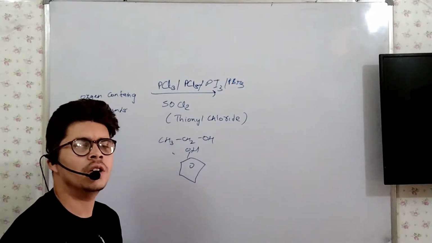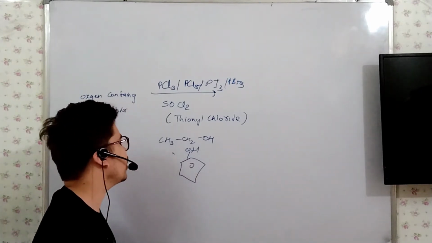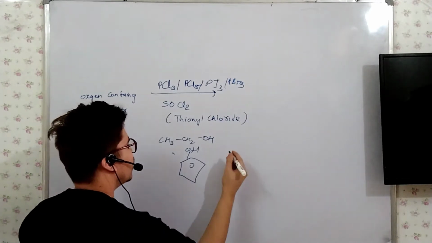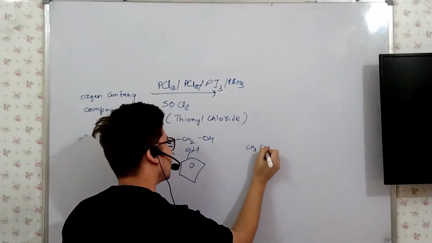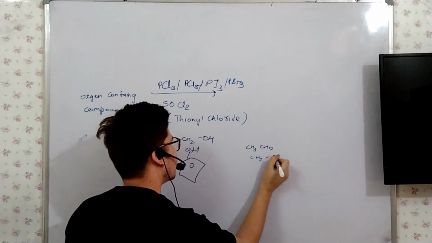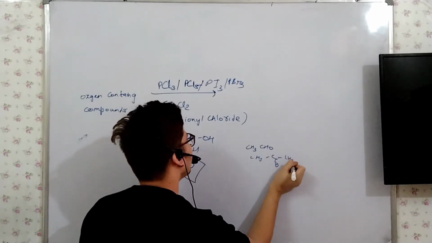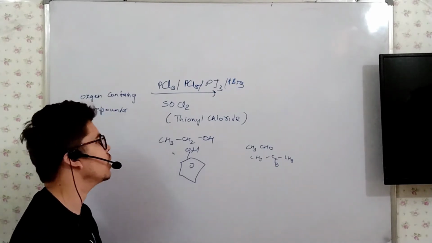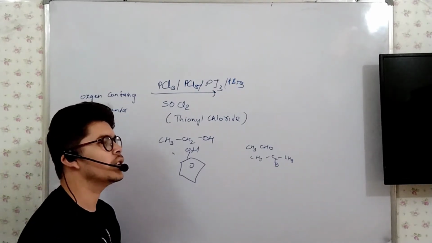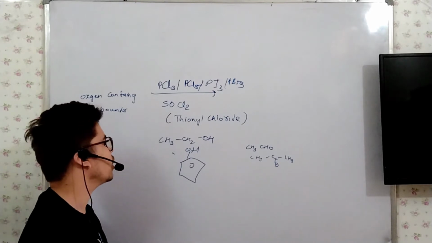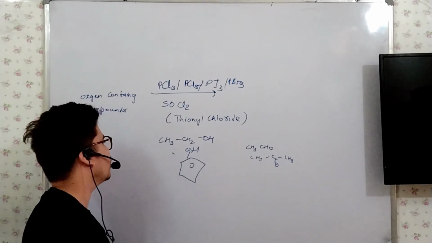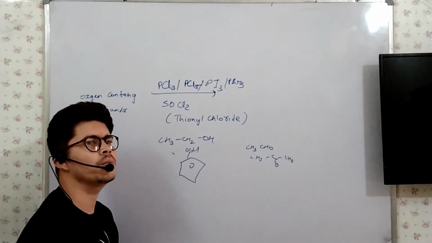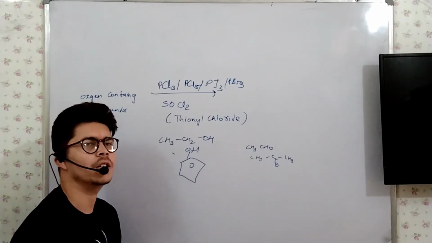The second point is, if alcohol functional group is not given and oxygen is given such as in ketone or aldehyde, then we have to remove the oxygen atom and put halogens in place of the oxygen atom. The third point is, if we have more than one alcohol group, we will have to replace all alcohol groups by halogen atoms.